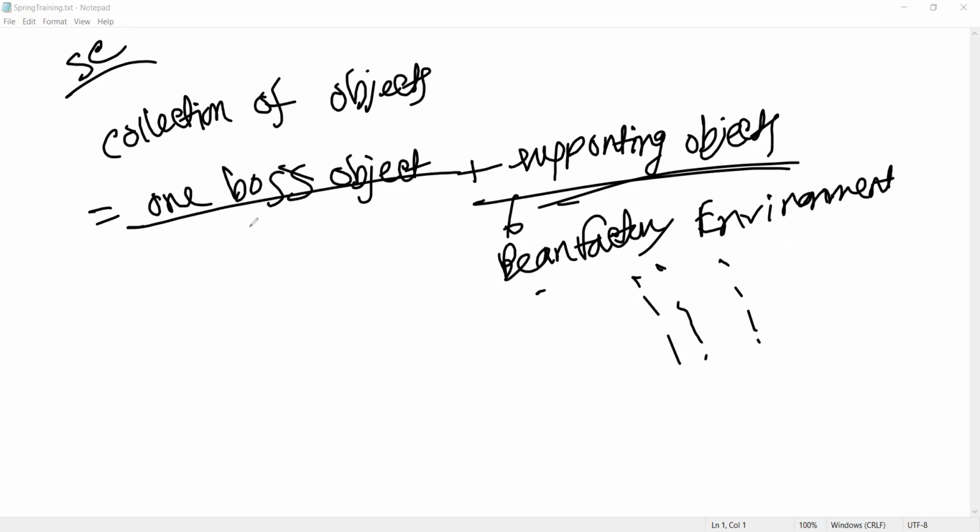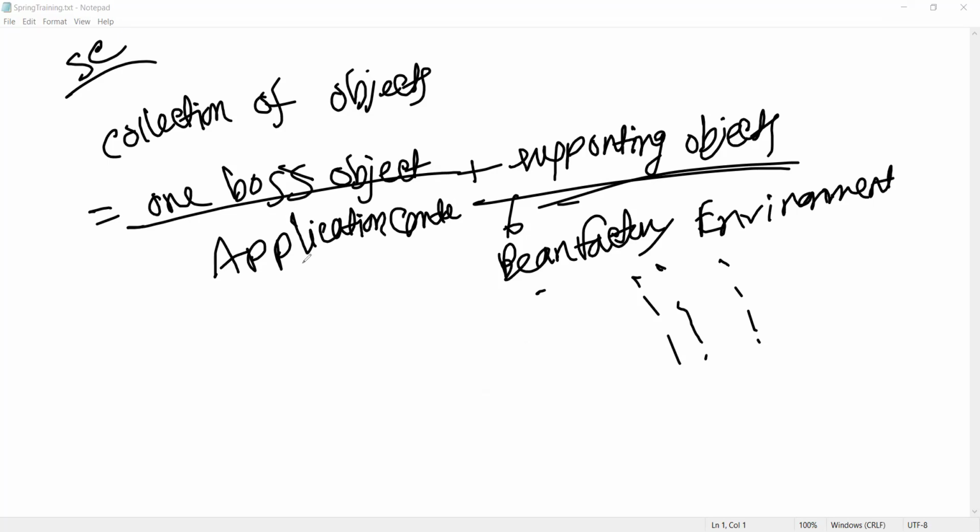Application context only, right? It is the parent interface of all.